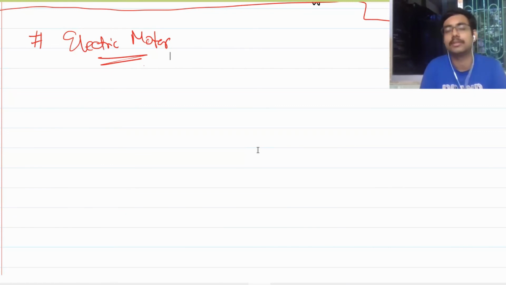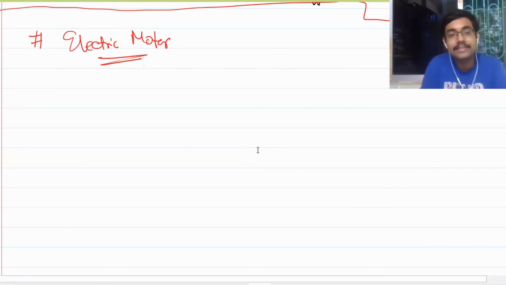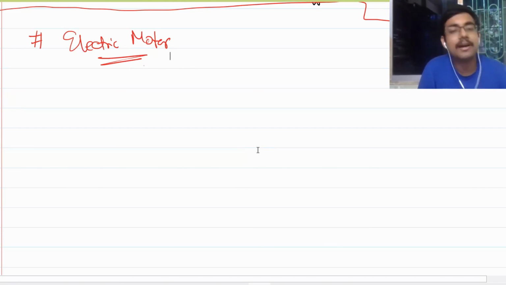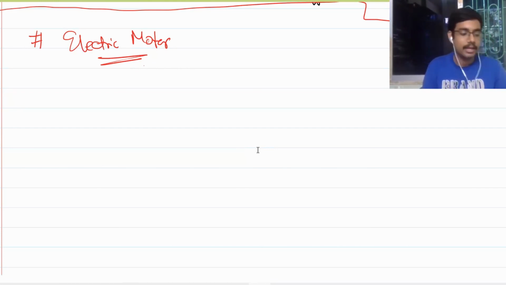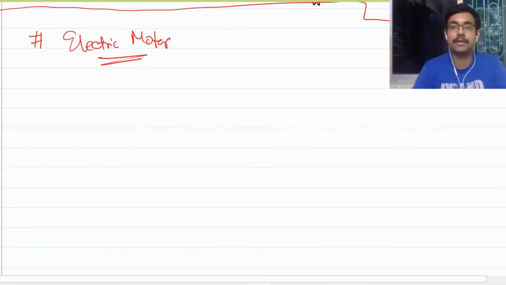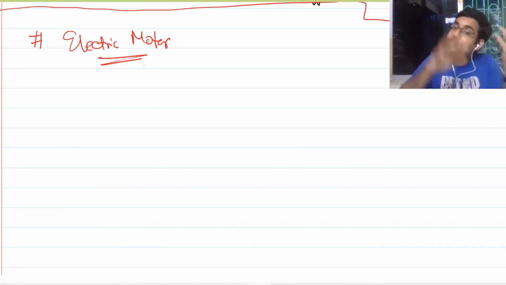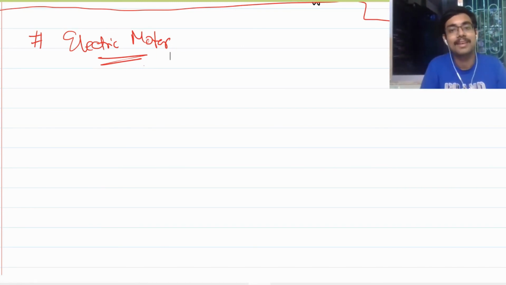Very good. This is the answer. You already have an applied magnetic field. And with that, you have a magnetic field that is produced by the current carrying conductor. Whenever there is a current carrying conductor, it produces a magnetic field, as we have seen. And if we are already in the presence of a magnetic field, can you see that one magnetic field over the other will cause force? This is what happens.